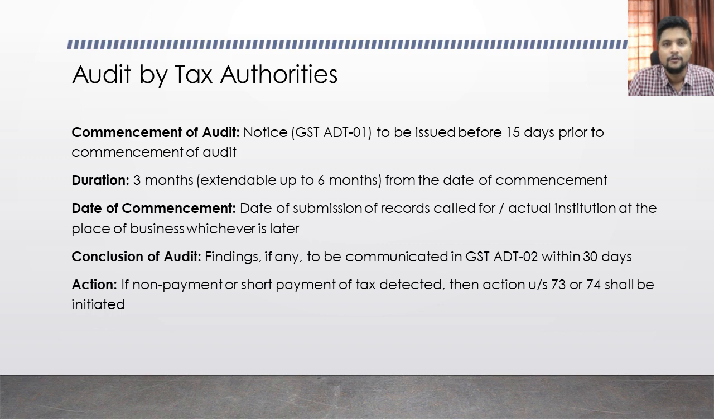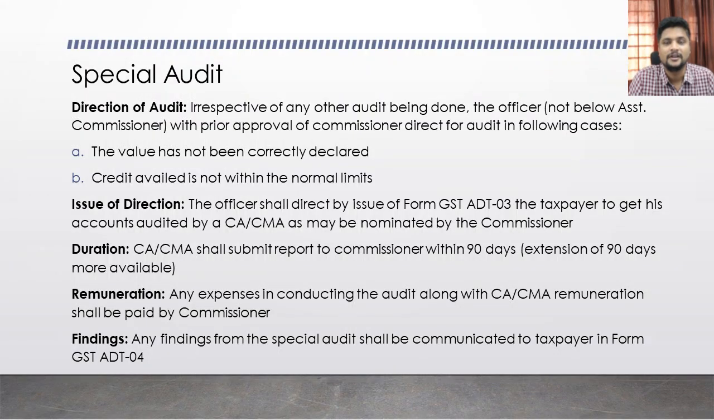Next, the second type of audit is over. Now we are going to discuss the third type of audit. The third type of audit is special audit. Special audit is where the direction of the audit is issued by an assistant commissioner, with the prior approval of